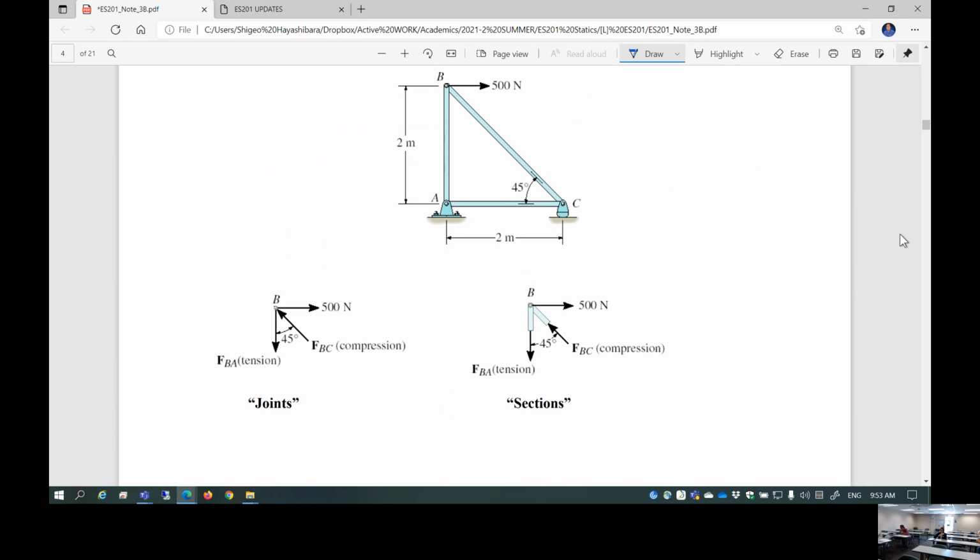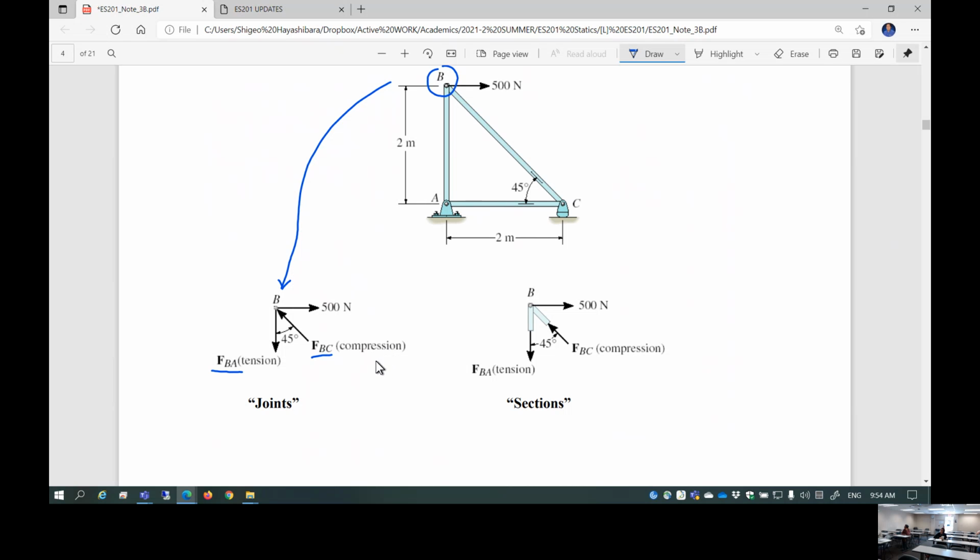Let's just take a look at a joint. So let's say you're looking at the joint B. So this is the joint B. Joint B has 500 Newton external force applied at the joint. 2 members create joint B. Member BA is going to be replaced with force BA, tensile force. Member BC is replaced by force BC. This is compressive force,